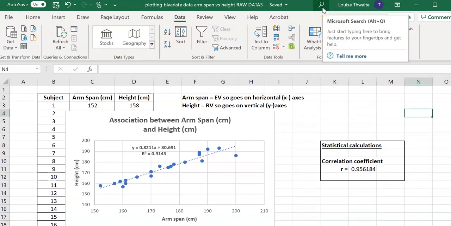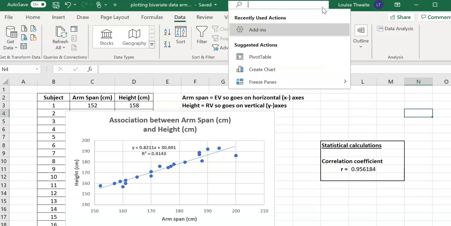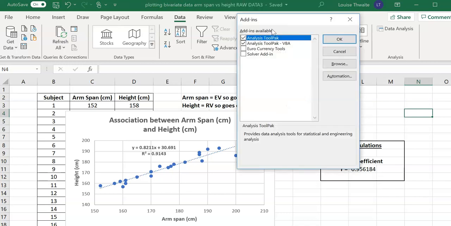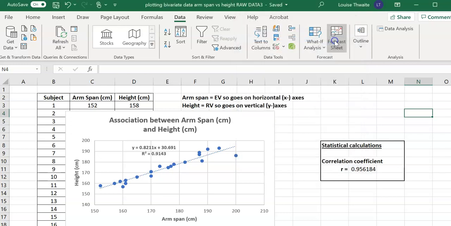You can click on the search option, and what you want is this add-in, and you want to click the Analysis Toolpack and Analysis Toolpack VBA. So select OK, and a data analysis should pop up on the right hand side here.